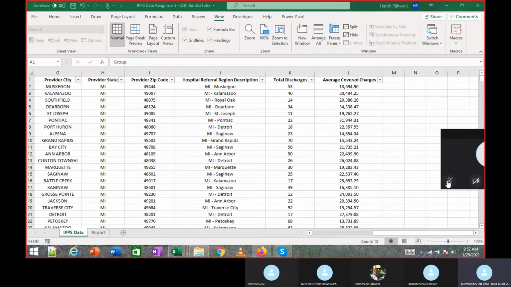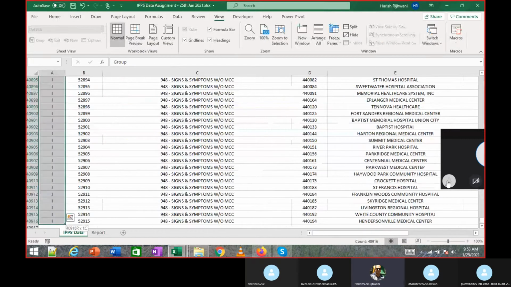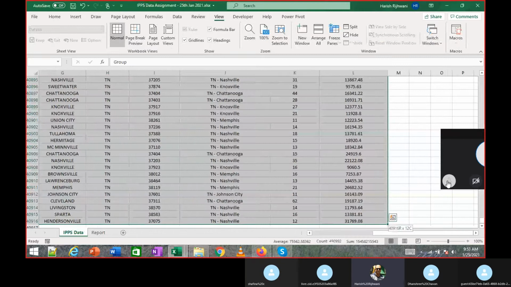Yes, I tried it. Very good. Now let's try both of them together. If I do Control Shift down arrow, then I press the right arrow, so I'm going to select the entire region.